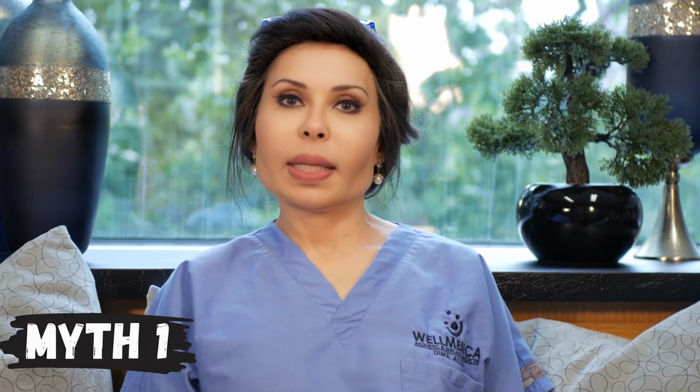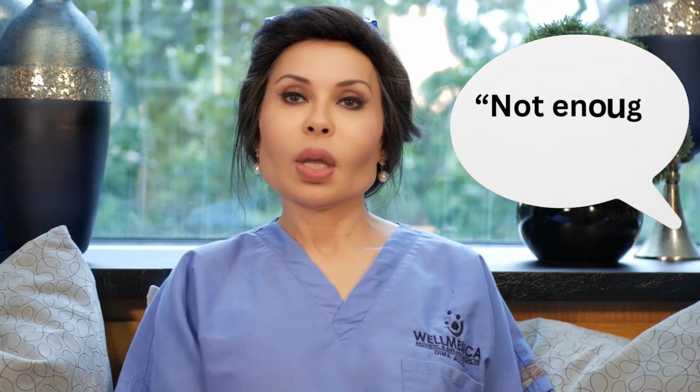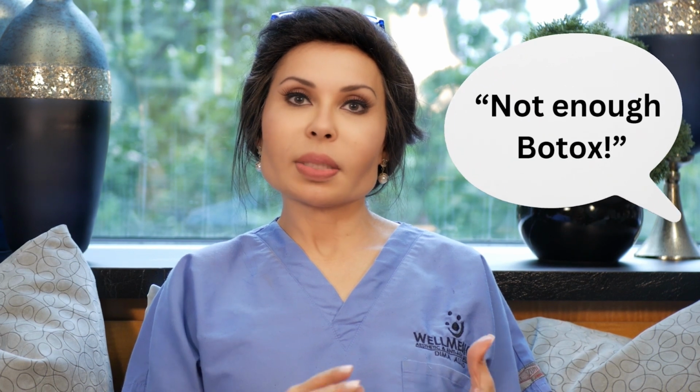The first one is, patient came in and said, "Hey doc, you didn't put enough Botox in my crow's feet. I can still see them." Well, the way Botox works, it's a neurotoxin. And there are only so many receptors that you can saturate with Botox. And especially if somebody has very aged and sun-damaged skin, there's only so much you're going to get to reduce